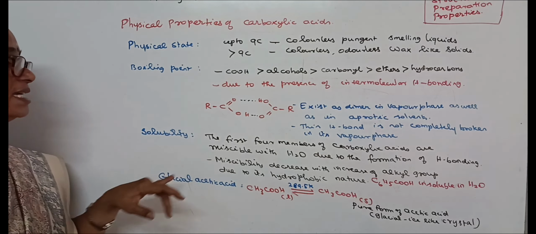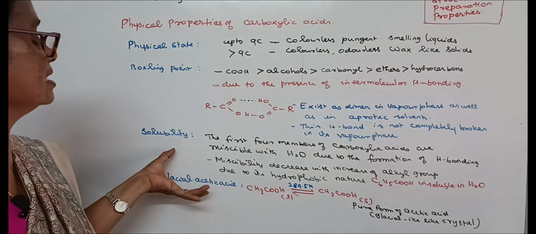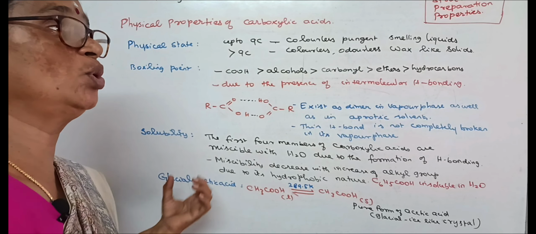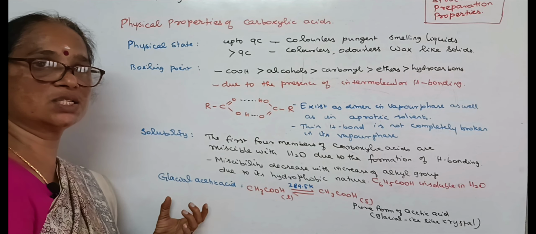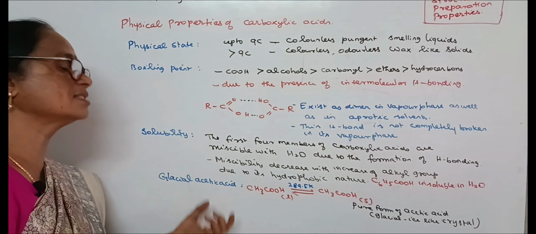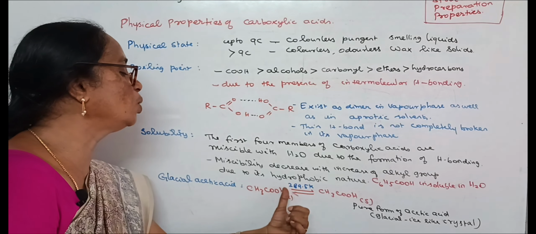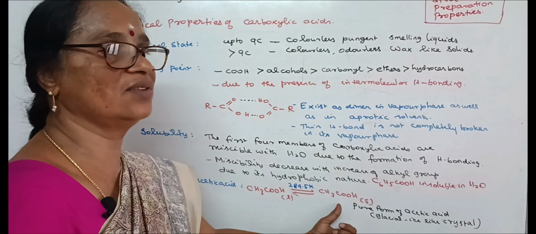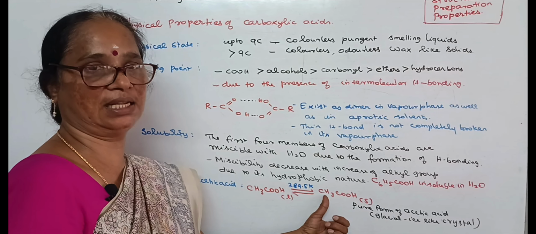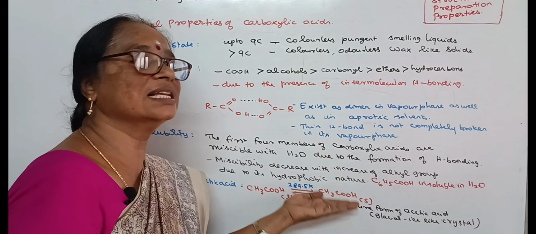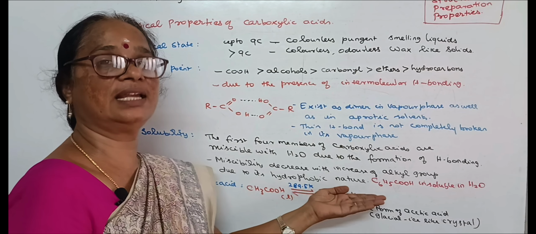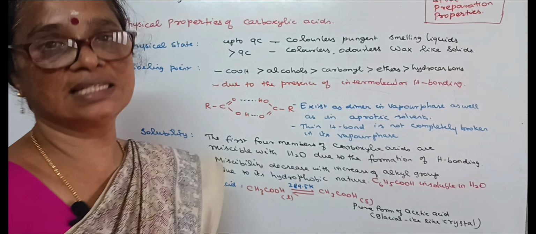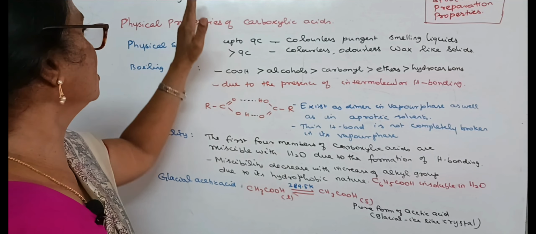So the next one, glacial acetic acid. Glacial acetic acid is nothing but the pure form of acetic acid. Actually, 5 to 8% acetic acid is known as vinegar. But in this case, when acetic acid is cooled down to 289.5 Kelvin, the liquid form of acetic acid is converted into solid form. And in this case, the solid acetic acid exists like ice-like crystals. That's why it is said to be glacial acetic acid. That's all the physical properties of